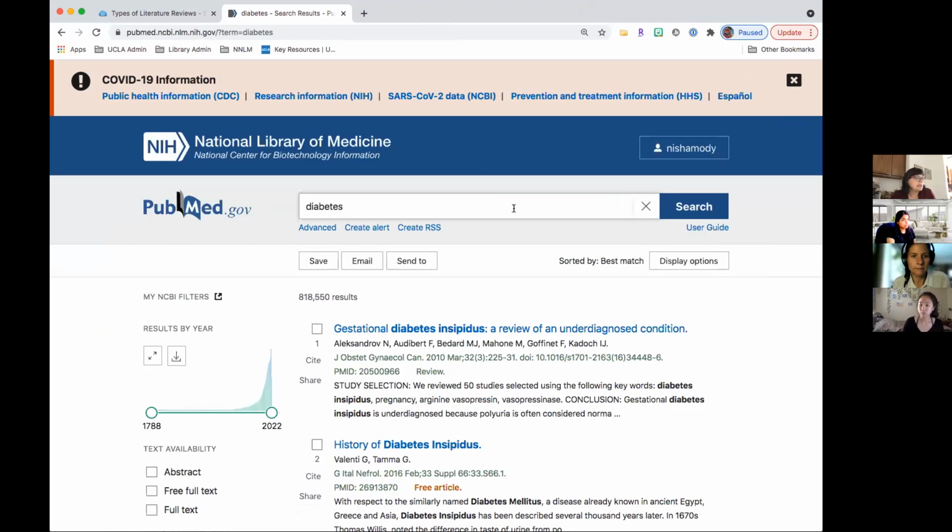Okay, so as you can see, I just did a search for just diabetes, just as you would Google it or something, right? So the reason we want to use MeSH terms is because PubMed does something called automatic term mapping, where it maps a term you use into the MeSH. It maps it to MeSH terms. So if I go to advanced, right underneath the search bar,